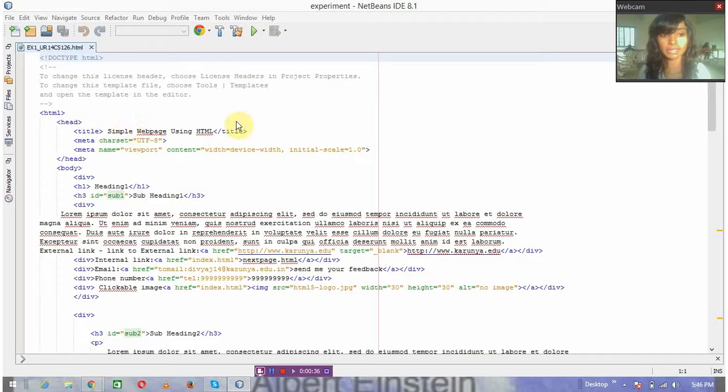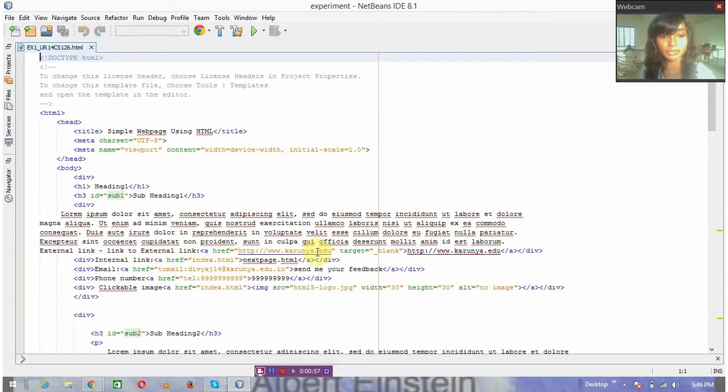Here the title of the page we put in, and then here the heading and the subheading. Using the header tag, I have put the heading, and the subheading has been used with H3, which is a different size from H1. Then a mockup, a dummy text, has been put as a paragraph, and then here the external link.